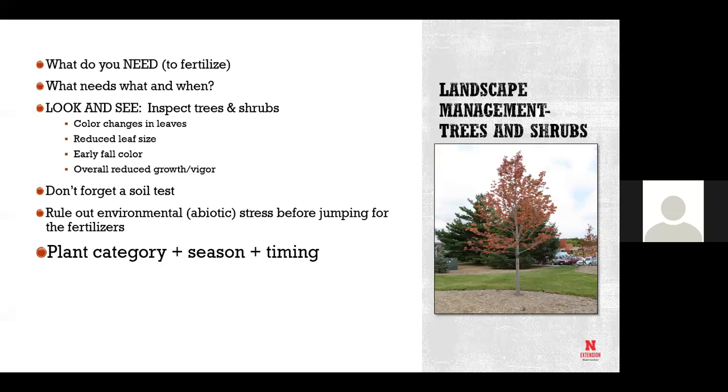Removing dead and diseased material at any time is a better idea than allowing it to stay. So, I mean, it's easier to see it when it's dormant. Typically, if it's a deciduous tree, it's a little harder. Sometimes you can see it in the summer better because you see something without foliage on it. Evergreens are another ball game, a whole different ball game for pruning.